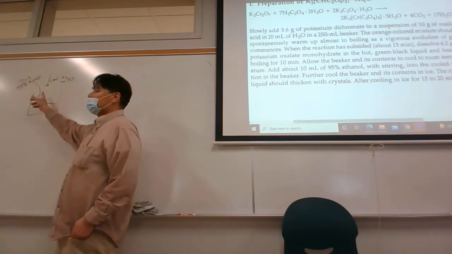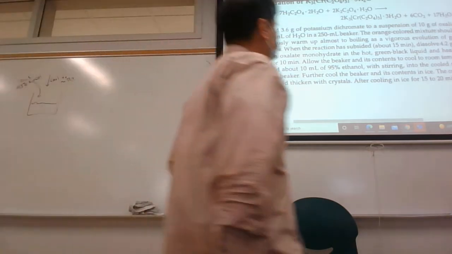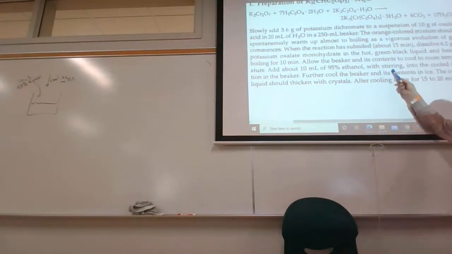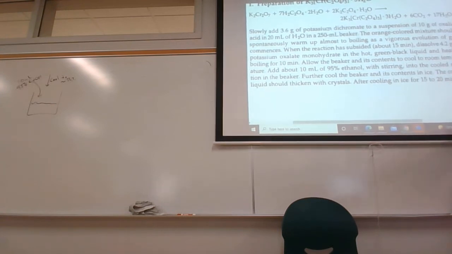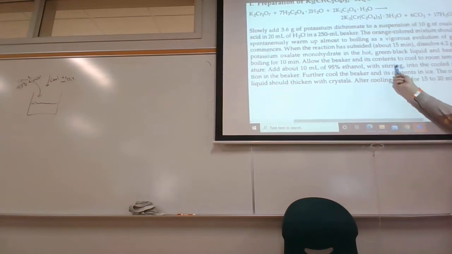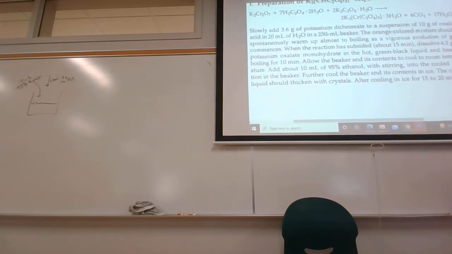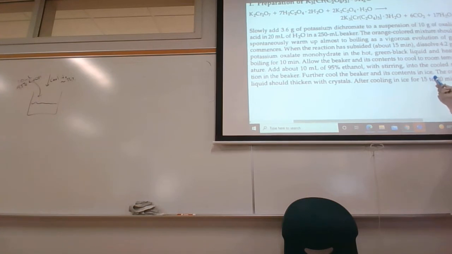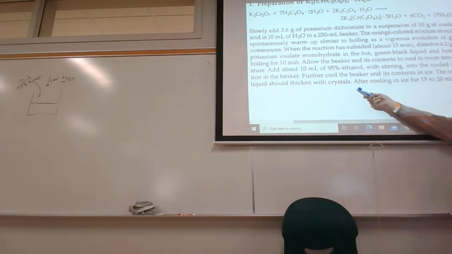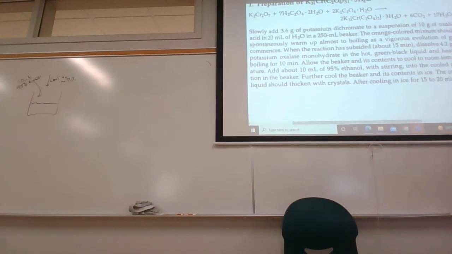So we're going to add this slowly. That would be a modification to the procedure. I don't recommend stirring, because normally when you stir, you tend to nucleate more crystals. So I would eliminate stirring from this. Then we further cool the beaker and its contents in ice. The cooled liquid should thicken with crystals. After cooling in ice for 15 to 20 minutes,